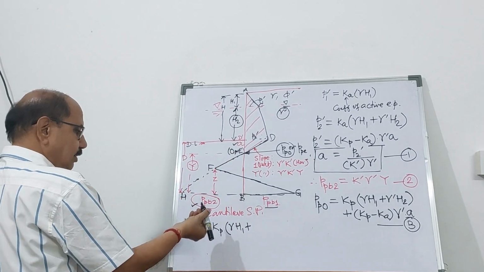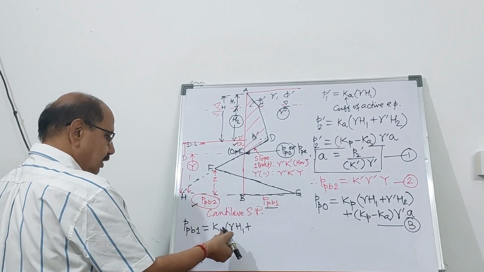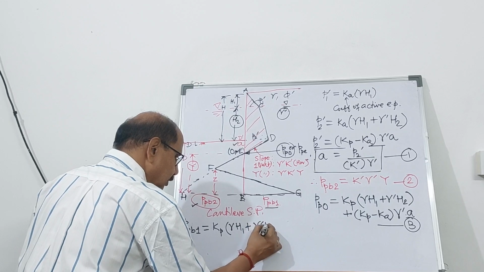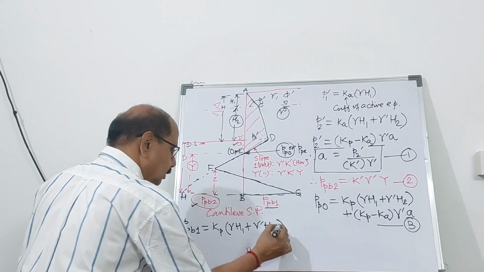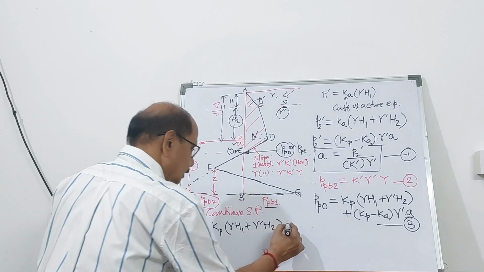So the passive pressure on this side is under compression. So Kp times gamma H1 plus gamma prime H2, plus